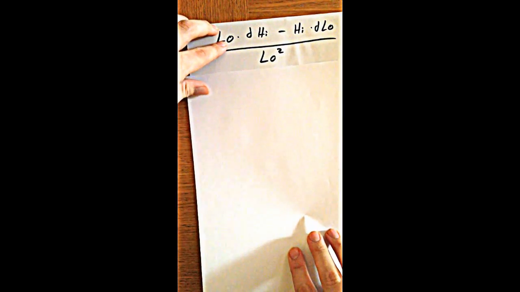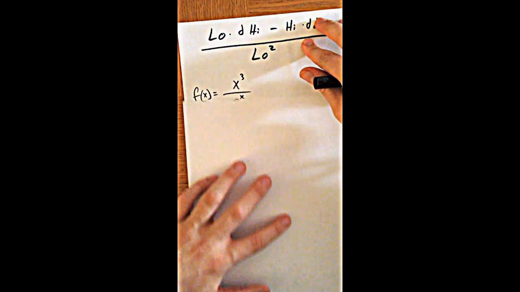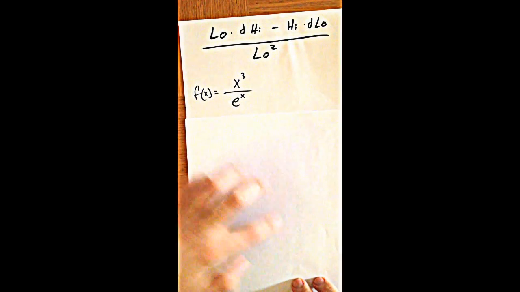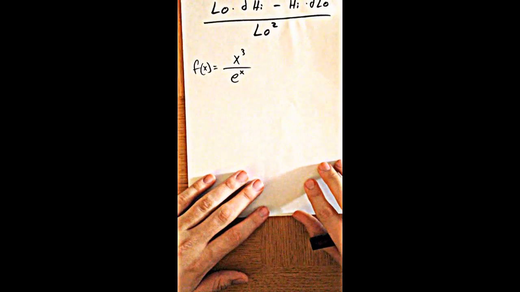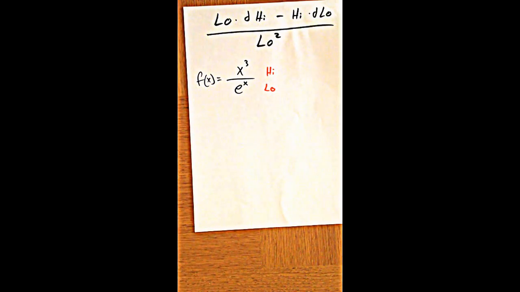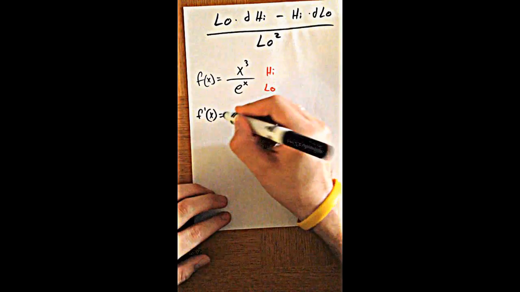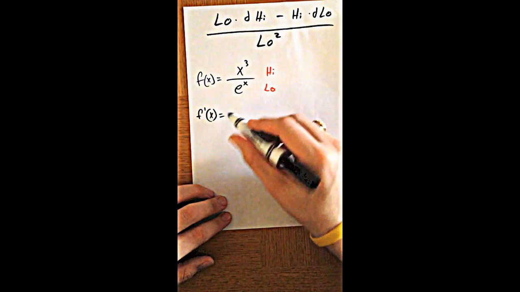I'll go ahead and rewrite that for you so we can have it later on. And the example reads f of x is equal to x cubed over e to the x. Okay, so I'll label the term on the top high, and the term on the bottom low. So using the quotient rule formula, we'll find that f prime of x is equal to low, so e to the x,